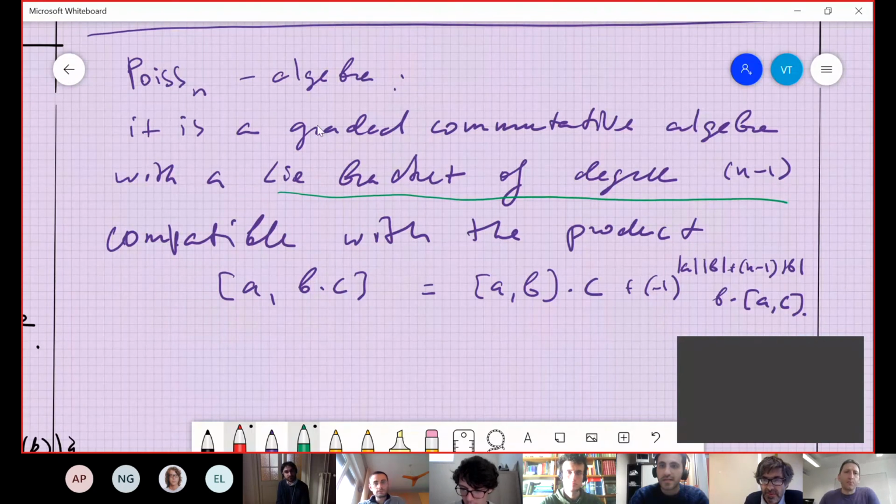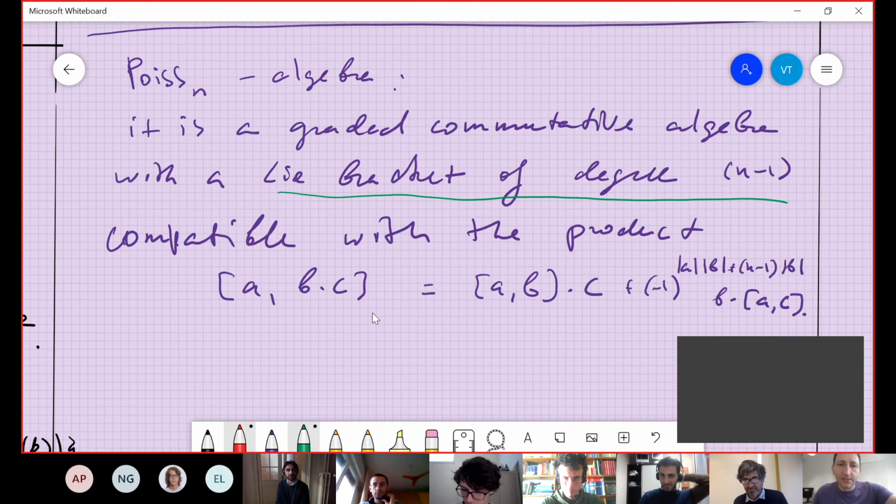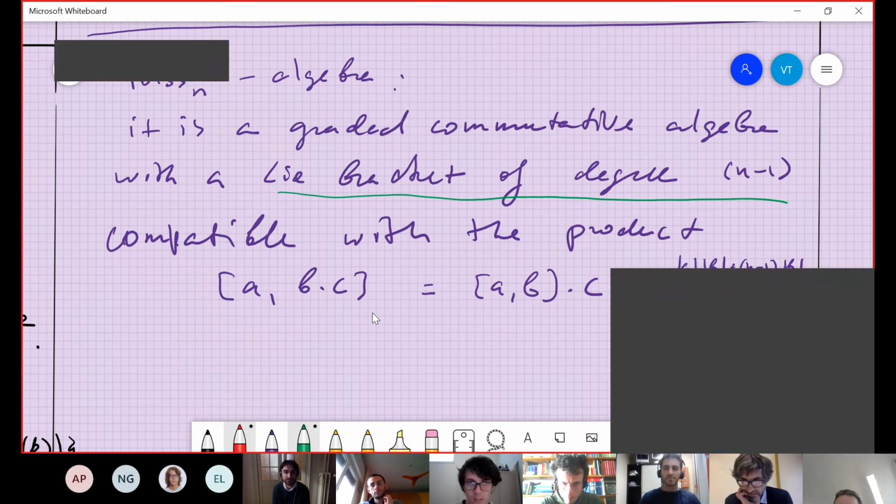I just defined what a POS algebra is. It is a graded commutative algebra with a Lie bracket of degree n-1 compatible with the product. So here are the properties: it's compatible with the product, right? Now let me say what I mean